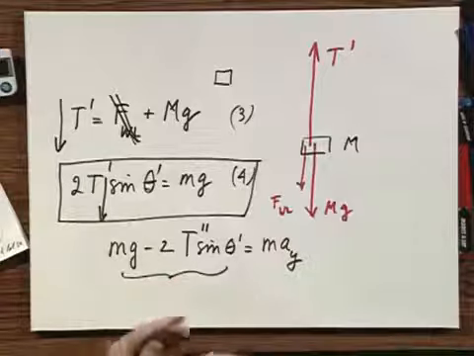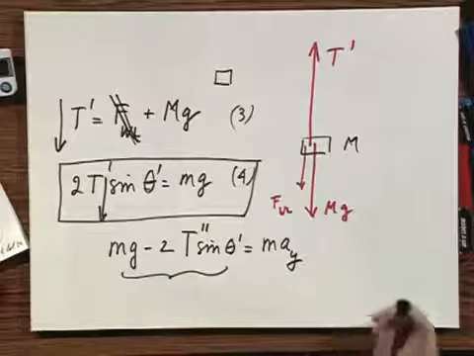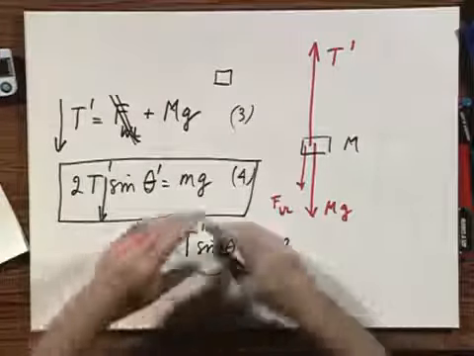So you get an oscillatory situation. It may be a challenge for you, at any moment in time for a given value of theta, to calculate what the tension is. I call it here T double prime, as a function of the acceleration in the y direction. I will not do that now.